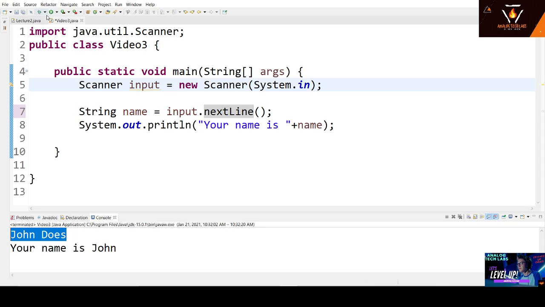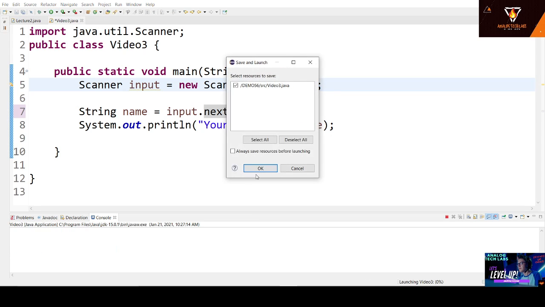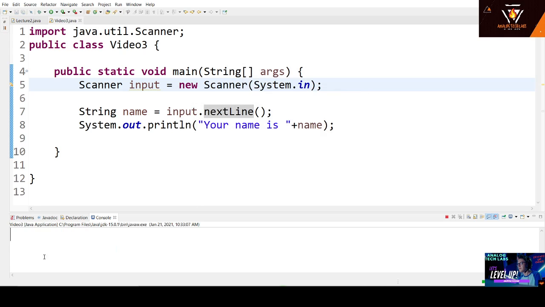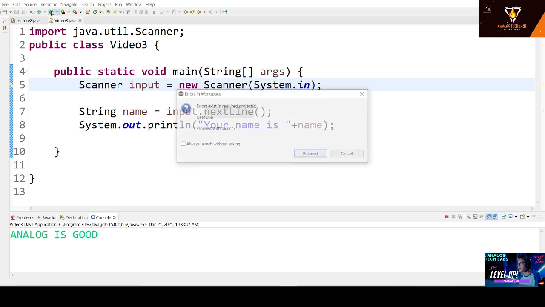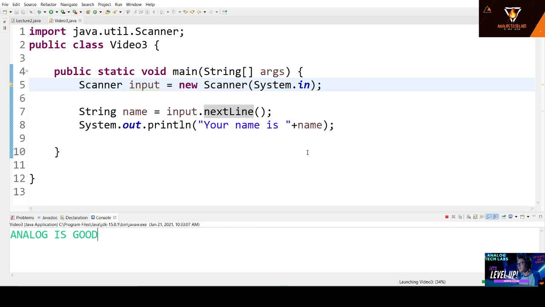Now if I hit the run button and click on OK, click on proceed, now I will enter a line. Analog is good. Now if I hit the enter button and click on proceed, and now I will type analog is good.